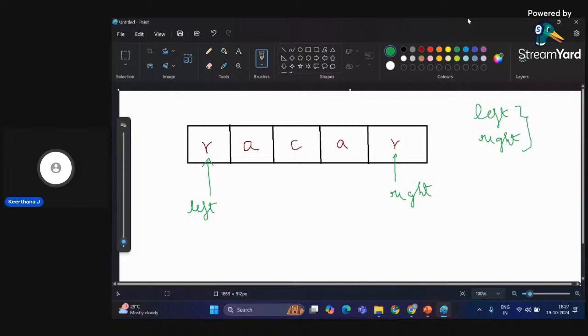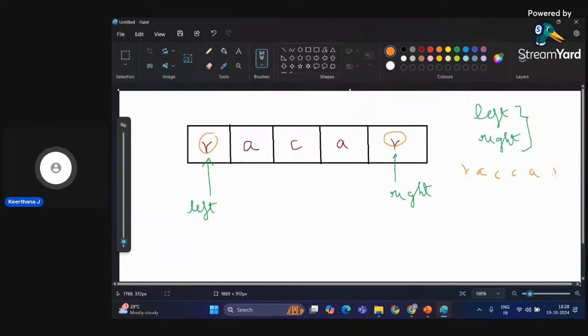Now we know the concept of what is meant by a palindrome, right? We are going to reverse this string and check whether both are the same or not. Actually, what we are checking is whether this element and this element are the same, and again whether this and this are the same. If it's a single character present in the middle, that's fine. If it is an even number of characters, then we just want to check whether the two things are equal or not. What I mean here is, if the string is R A C C A R,